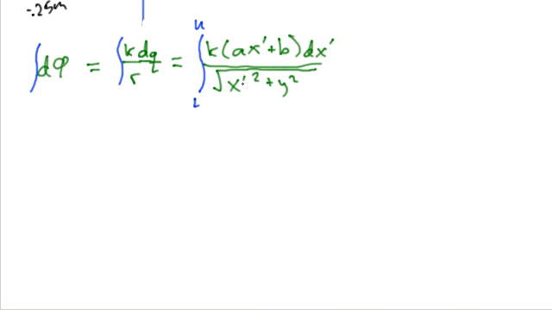I'm going to break this up into two different integrals. So I get phi equal to Ka times the integral from L to U of x prime over the square root of x prime squared plus y squared,